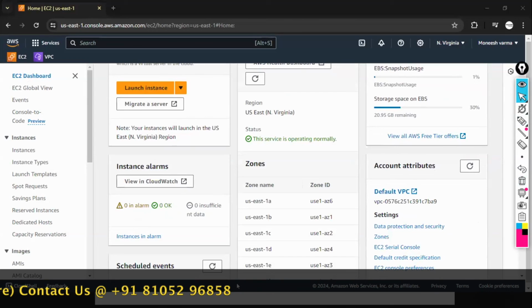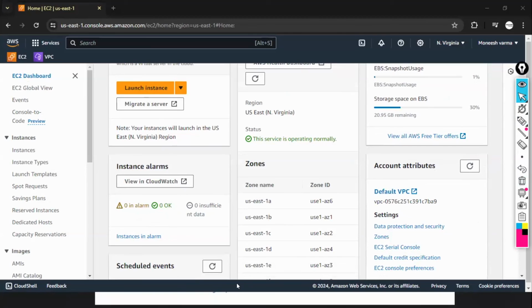Next, somebody is asking whether billing is generated based on the region, and if we change region, will billing vary. See, in North Virginia, if you use some services, you will get one kind of billing. In Mumbai, if you use the same services, you will get a different billing. It depends on region also, but not a huge variation, only slight. If a server costs $1 in North Virginia, in Mumbai for the same time they may charge $1.2. A slight variation will be there.